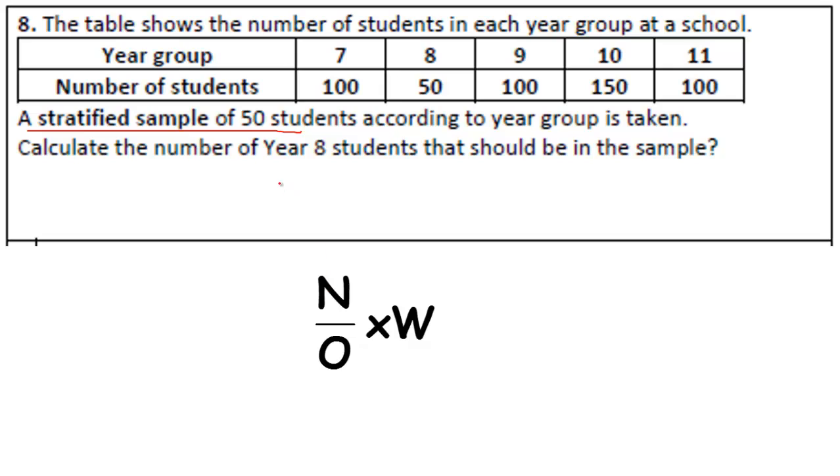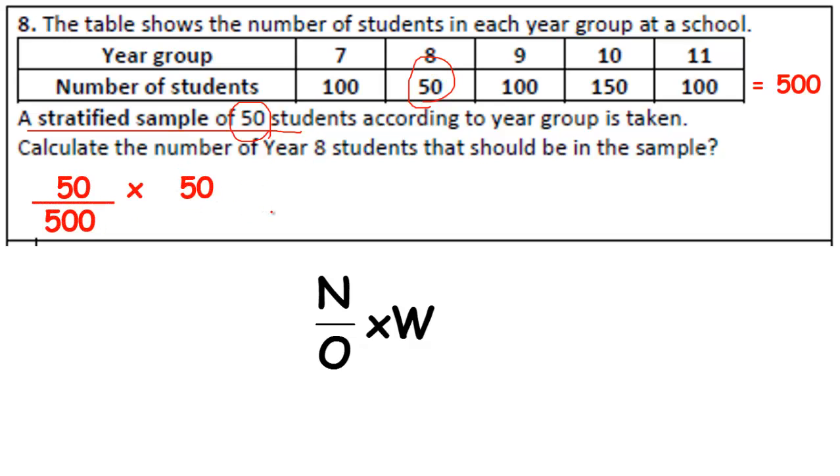The new value is 50 because they said the sample of 50 students. The old value is how much they were altogether, the total population. They haven't told it to me, but I need to add up these values, and I'm getting 500 when I do that. What I want is the number of year 8 students, and there are 50 of them. So I'm going to do new 50 over old 500 times what I want,